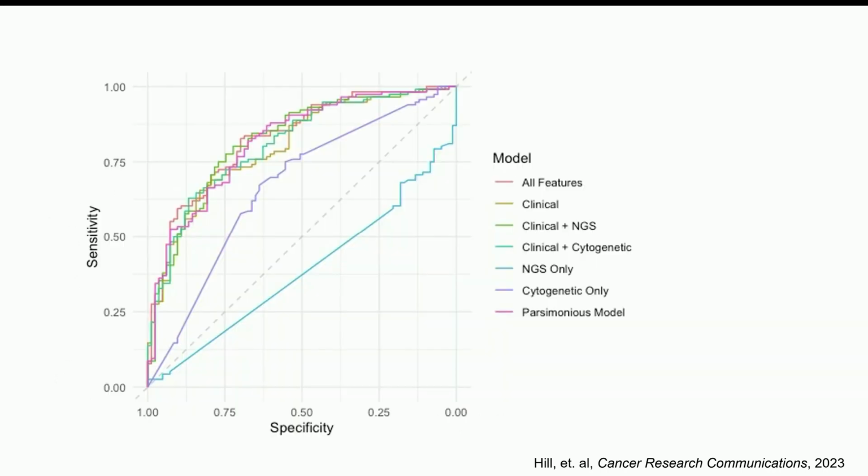We then tested a bunch of our different models. So we had our all features models, which had 129 features. We had an only clinical model where we separated out the clinical features and built a model using that. And then, of course, next generation sequencing, we did cytogenetic only, and then our parsimonious model that was only 20 features, we compared with that as well, and you can see the different metrics there. And the parsimonious model performed almost as well as the all features model, which was an important thing for us to demonstrate.